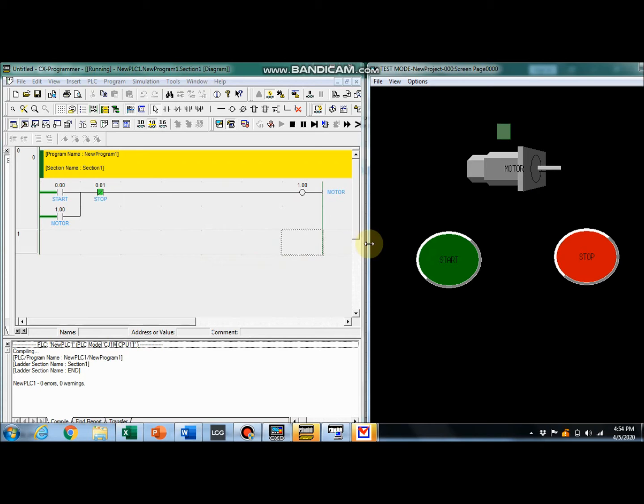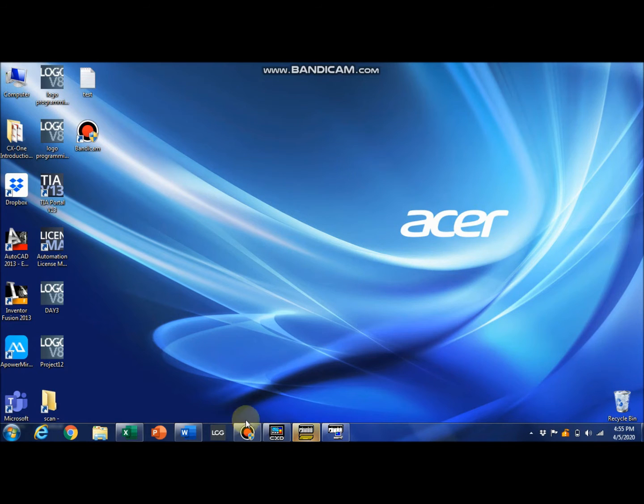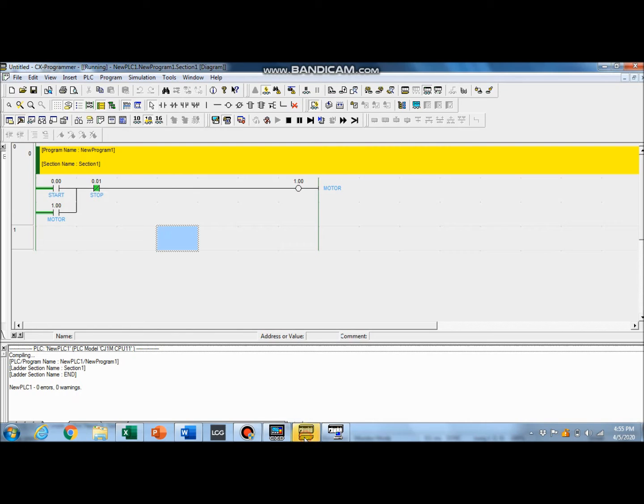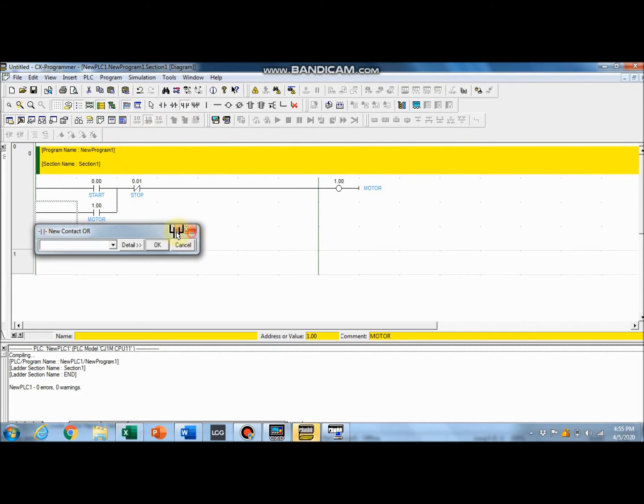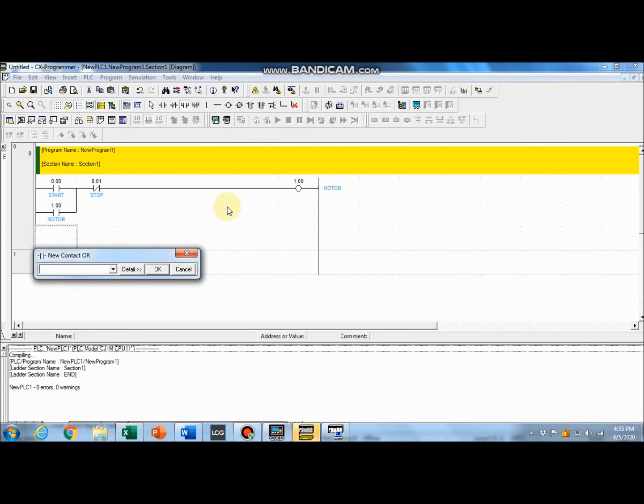Okay, that's it. Sometimes there is also a case with more than one input for the start and stop buttons, like this. Let's say we put another start here, 0.01, start 2.